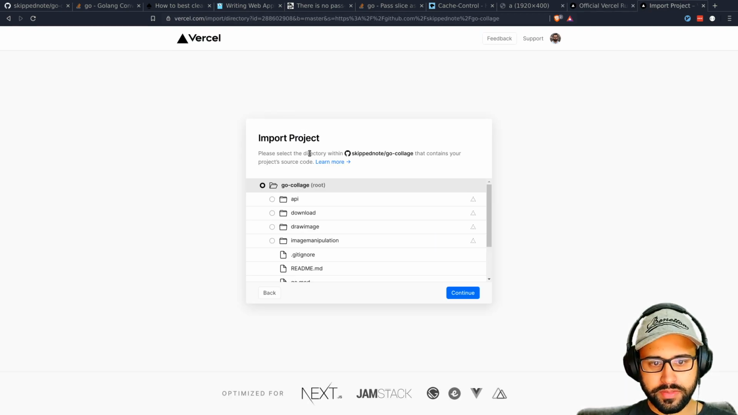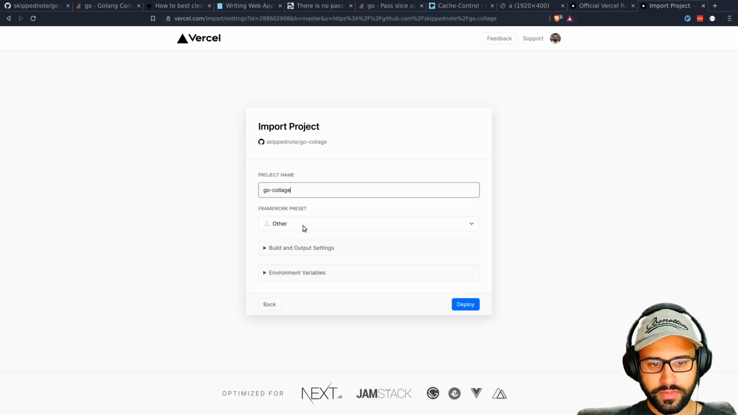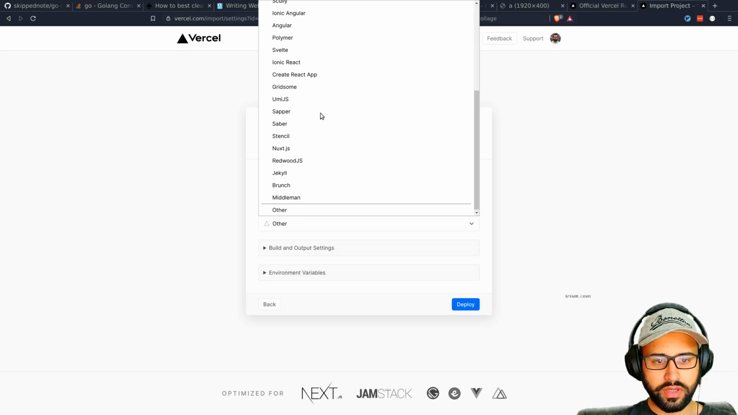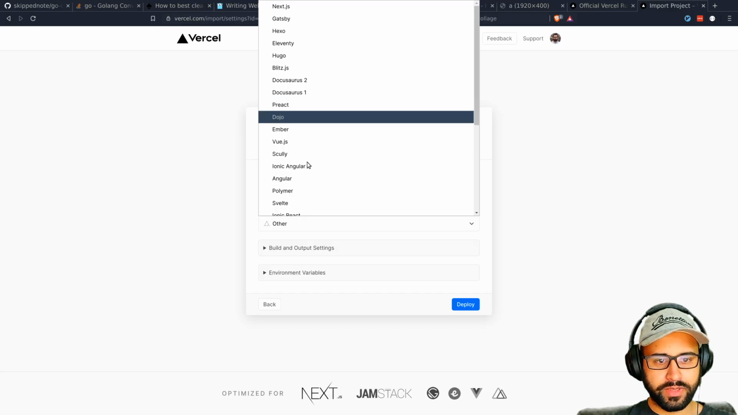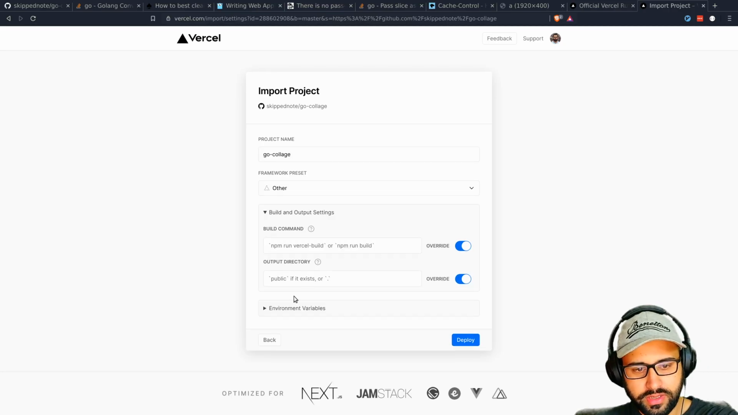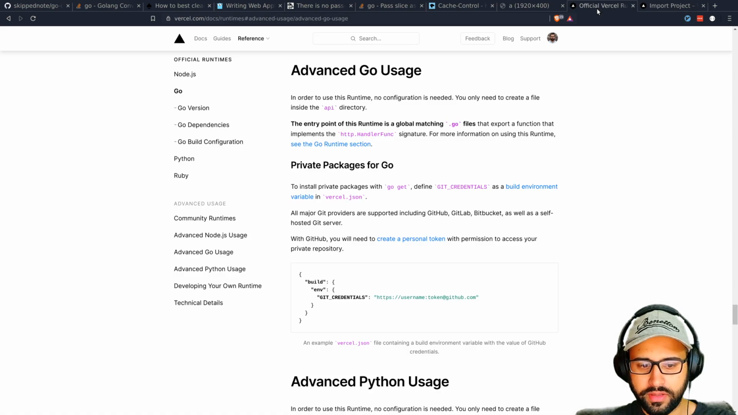So what it's saying is please select a directory within it that contains the project source code. Let's for a second just continue with this. Let's see what happens. Framework. Hey, there's no framework, man. Yeah, this is all from a front-end perspective, which in our case is not the case. How do we define the, can we define the, for that matter,